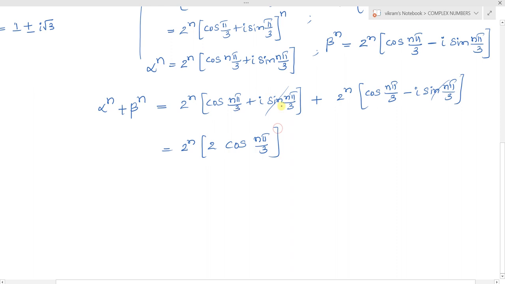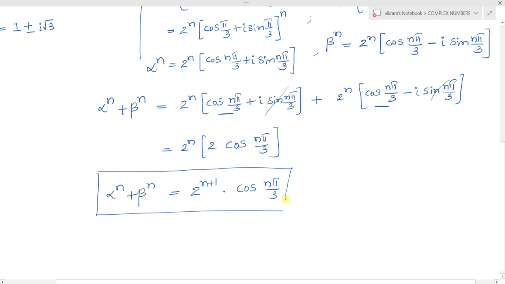Cos n pi by 3 plus cos n pi by 3, we obtain 2 cos n pi by 3. Directly we can write this as 2 power n plus 1 into cos of n pi by 3. So in the question he is asking us to show that alpha power n plus beta power n equals 2 power n plus 1 into cos n pi by 3. So this is our